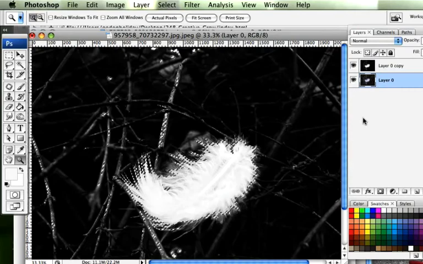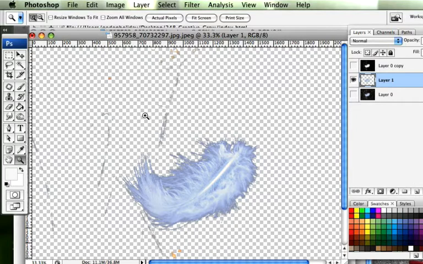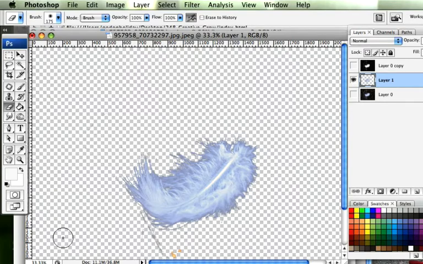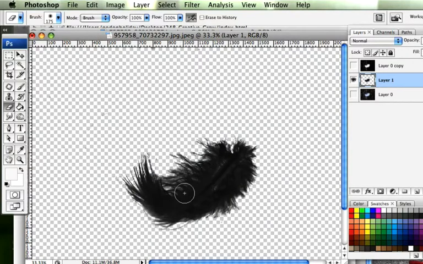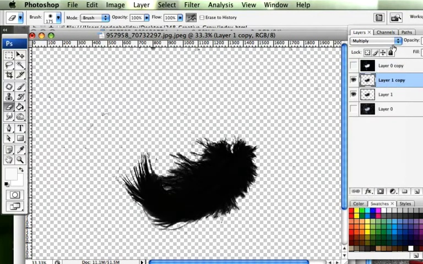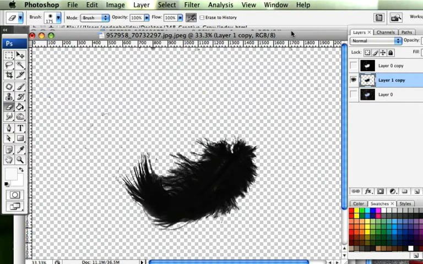Come back to our original layer, copy, new layer, Command V, yeah, that looks a lot better. Erase these areas that we don't need around the sides. Command Shift U to desaturate, and then we're going to hit Command I to invert, and that's a much better selection of that inner area. So now when we duplicate it and multiply and then decrease the opacity, we get a much nicer feather, like so. Shift, grab those two layers, merge them together,